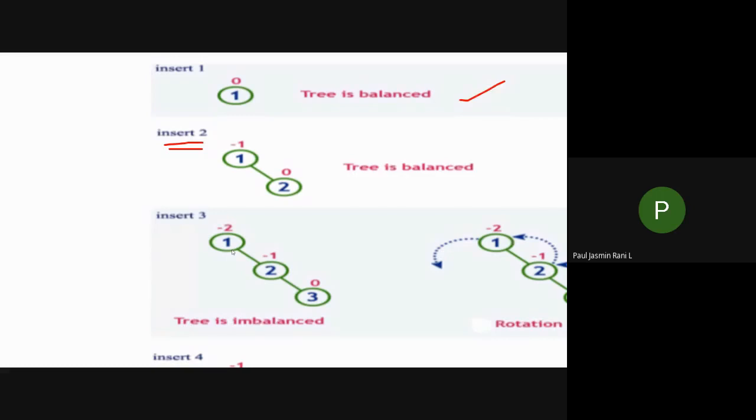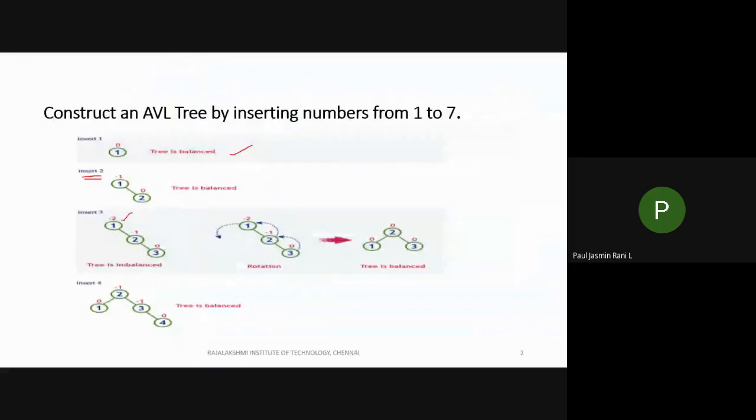Therefore, what you have to do is make this particular node an alpha node, isn't it? So if this is an alpha node, you have to see which node causes this to become the alpha node. Why does this node become the alpha node? Because of the insertion of this 3, that is, the element 3. When I insert this 3 node, this root node becomes the alpha node, isn't it? Therefore, you have to see where this is inserted. It is inserted in the right subtree of your root node, and as the right child of your parent node.